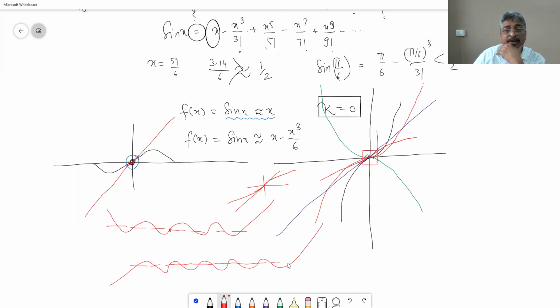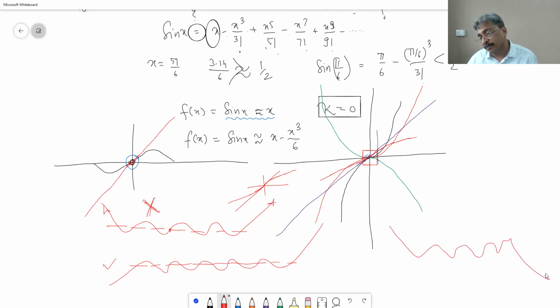I think we have to take odd powers. So odd power will always be like this. Even power will be like this. So in the case of sin x, we will never get even power, both going to plus infinity. It will always be odd power. Only thing is whether you stop here, then the leading coefficient is negative. So if it is 7, then it will be like this. If it is 3, it is like this.